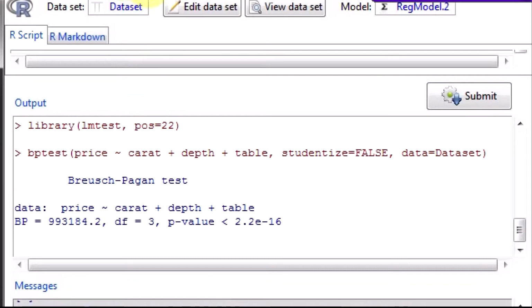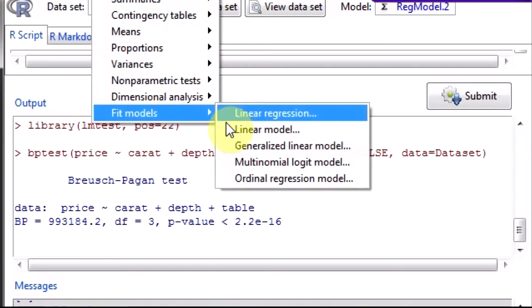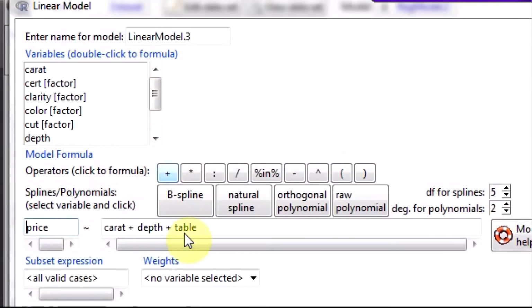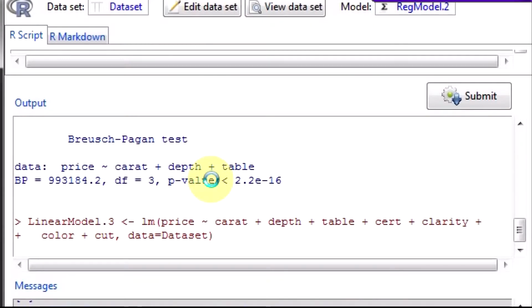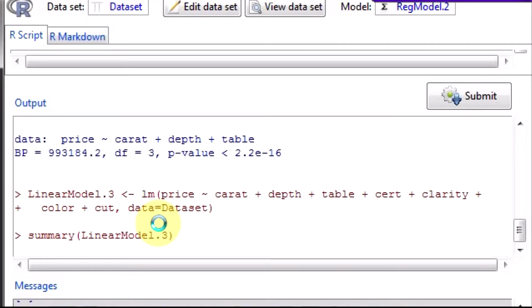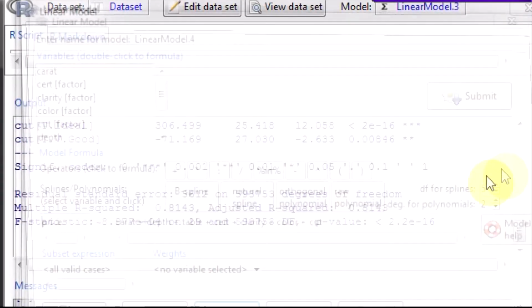Okay. Now let's look at another kind of model, linear model. Here I can say price plus carat plus depth plus sort as a factor plus clarity as a factor plus color as a factor plus cut as a factor. Okay, apply. Notice the function is still LM.